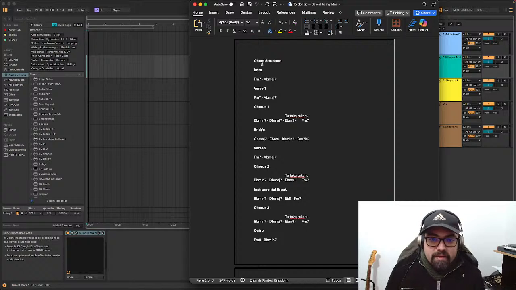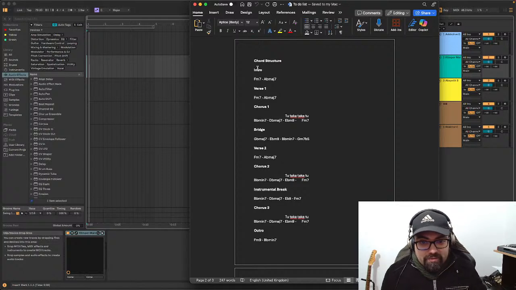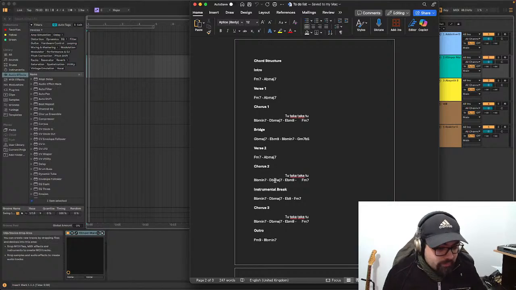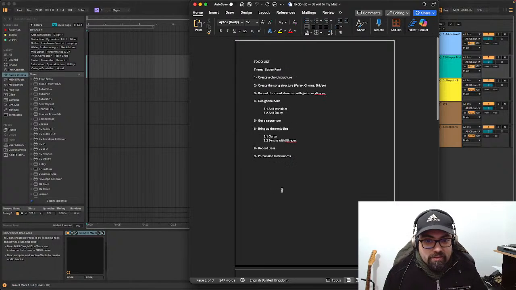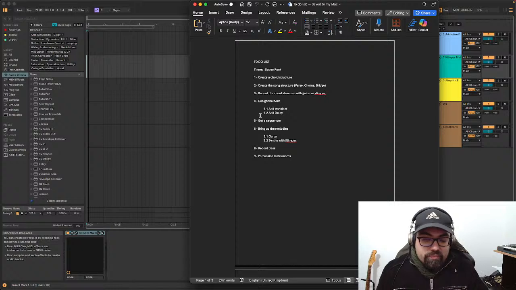I've picked up F minor as the key for the song, and I've already also structured everything. However, I don't know yet if it's going to work well or not. So let's keep a close eye on that, and we will see how things go. Right, so with the chord structure and the song structure done, we are going then to record